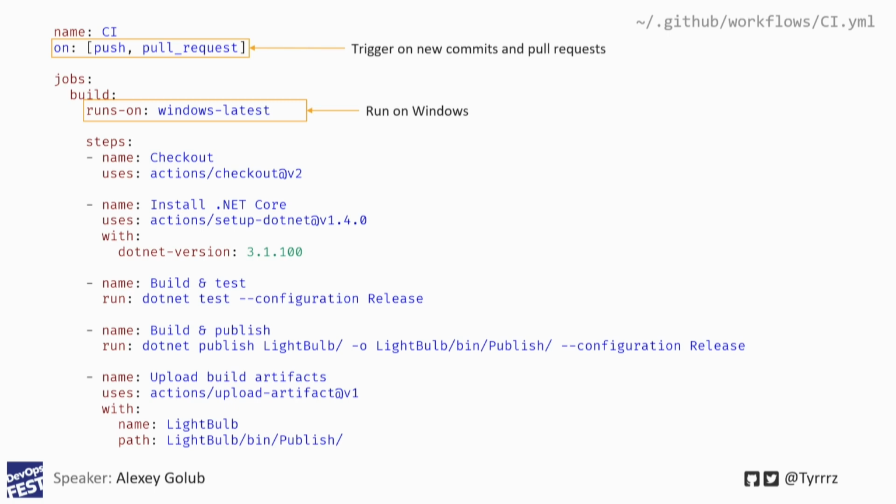And then I define the steps. Here, they're a little bit further down. There are a few steps there, so let's go from the first one. The first thing we have to do in a CI workflow is, of course, get the code that we want to build and test. To do that, we can have a checkout step, which uses the checkout action. And here again, I gave it a name. So I said name: checkout. This is optional. You don't have to do that. But what's required is that there is a parameter called uses, and that specifies which action I want to use.